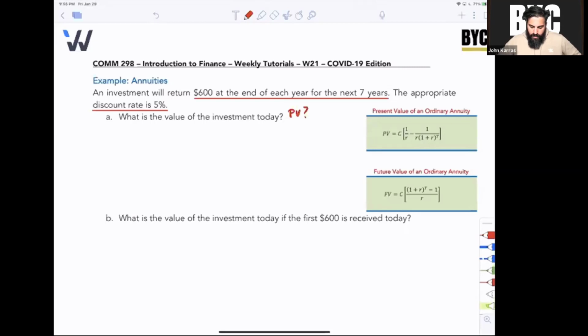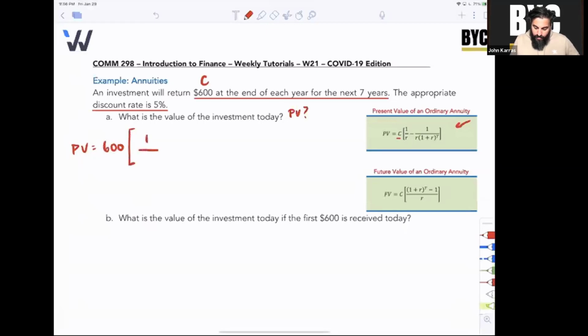Okay, so we're going to use this formula here. If I want to find the present value of several recurring payments, or of an annuity, my prof said formulas are given. There you go, so you'll be given formulas. The C you have here in the formula is the value of one payment. So in our example, the C would be the 600. So if you're going to have $600 cash flows,